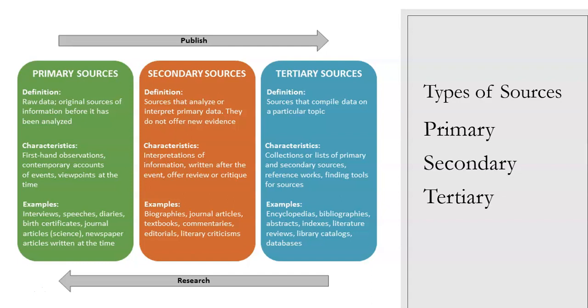They usually flow between primary and secondary, and tertiary is really not something you will ever use in a college essay in terms of quoting it and using it as a source and citing it. Now, the exception to that might be an encyclopedia, but the rest of those, the catalogs and databases, you want to go to the original